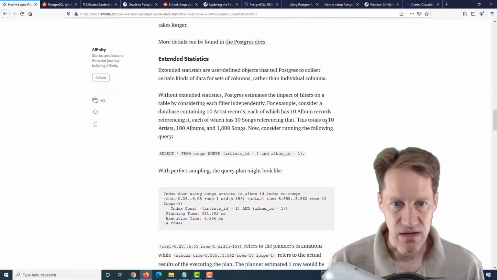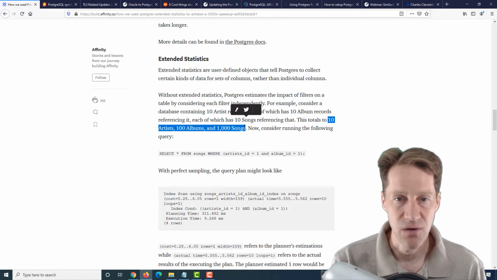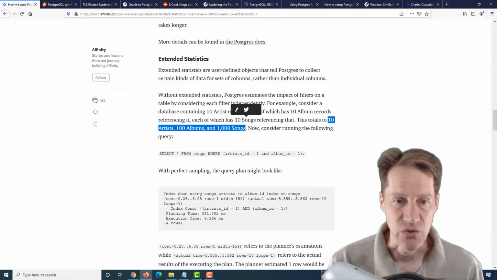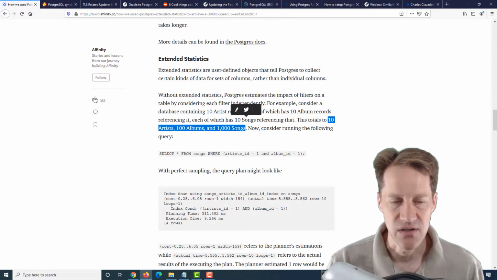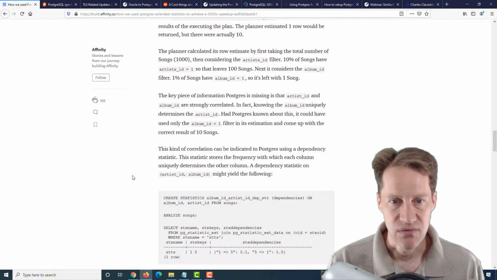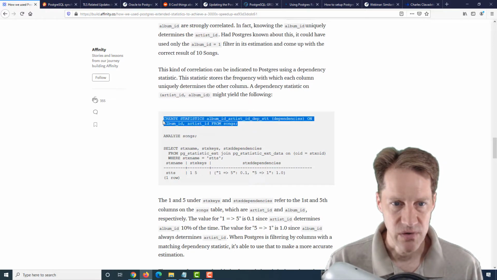In the example that they're using here, say you have artists, albums, and songs where there's a relationship between each of these. A song belongs to a particular album, typically maybe more than one, and that belongs to an artist, although maybe more than one in that case too. But there are different relationships. There's a much smaller number of albums and artists giving a particular song. So that's not a randomized distribution. There's correlation between them. And when you have that, you can actually, in Postgres 10 and above, create extended statistics to indicate that fact, which the query planner can take into account. They give an example of the command here where they create statistics based upon album ID and artist